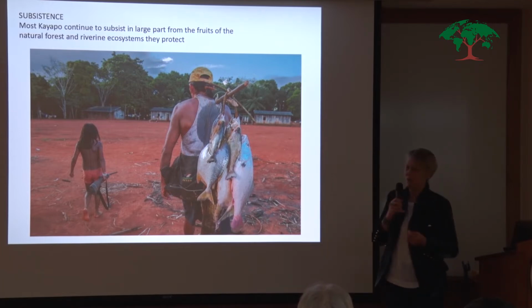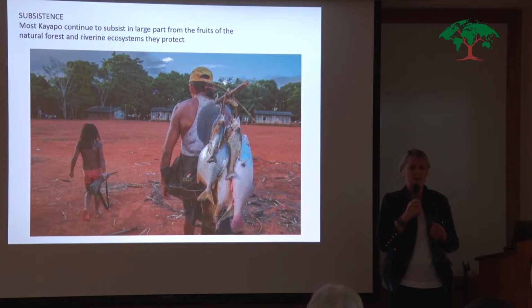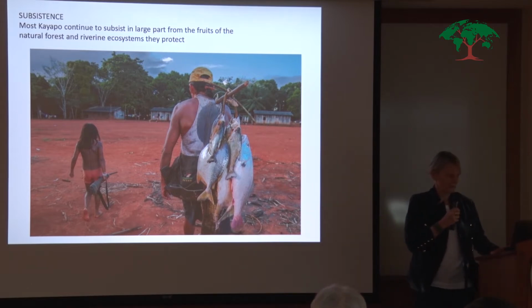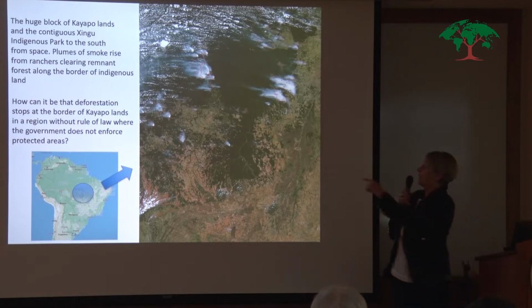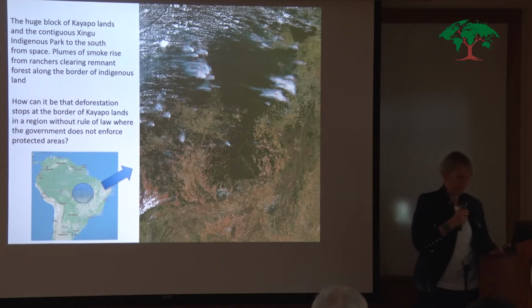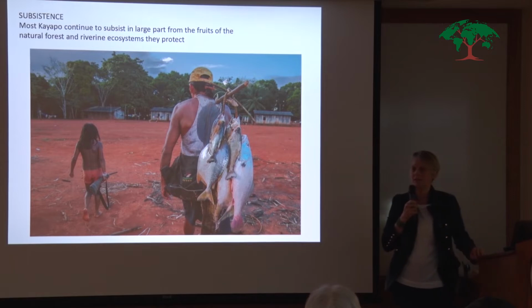These people who are called the Kayapo have an area, this green area that belongs to them, that is the size of South Korea. It's over 11 million hectares. Actually, that entire area is more like 14 million hectares, but the Kayapo occupy the top part. So extremely significant for rainforest conservation in a really difficult part of the world where deforestation is increasing at